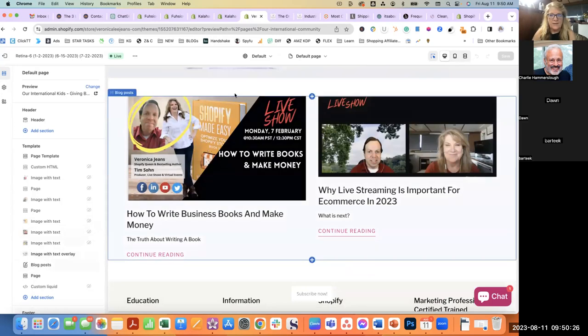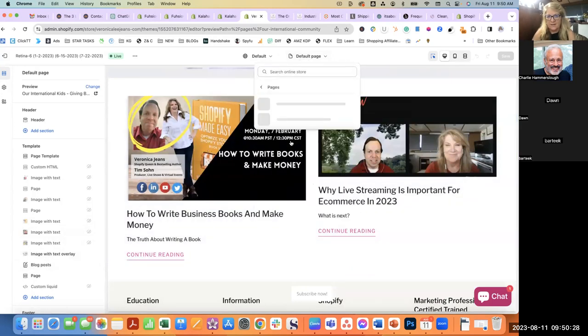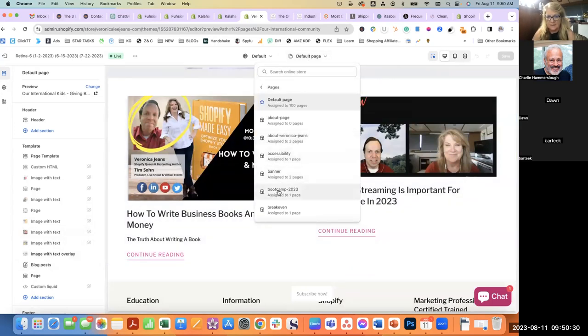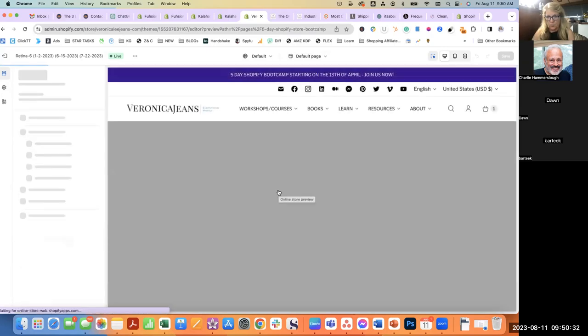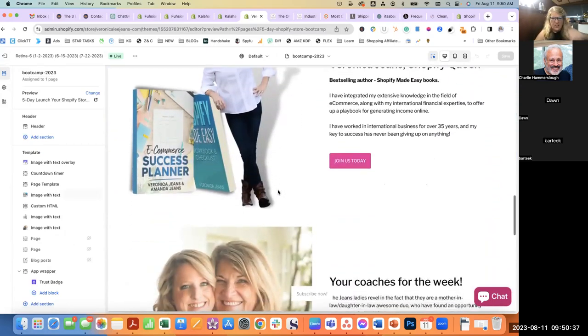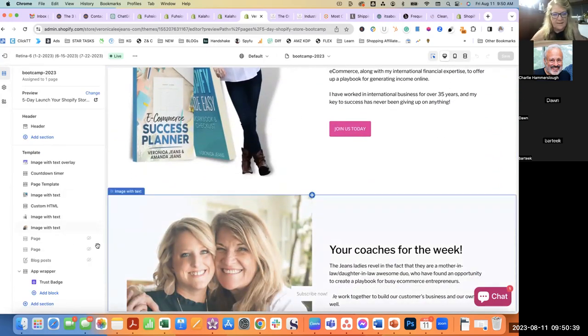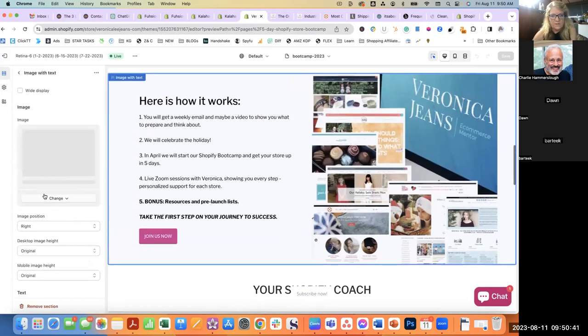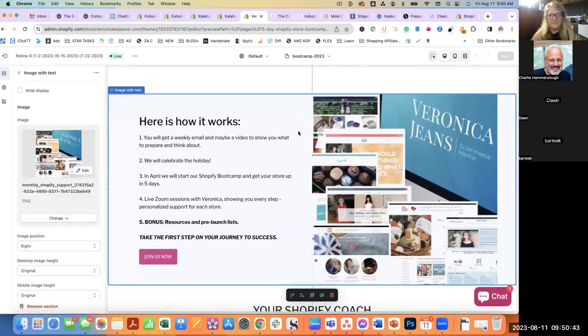So I need to actually create pages that are specific to whatever I want to have on the page, right? As you can see with this here, I've added lots of image with text, image text button, image text button. So again, go out of the sandbox,